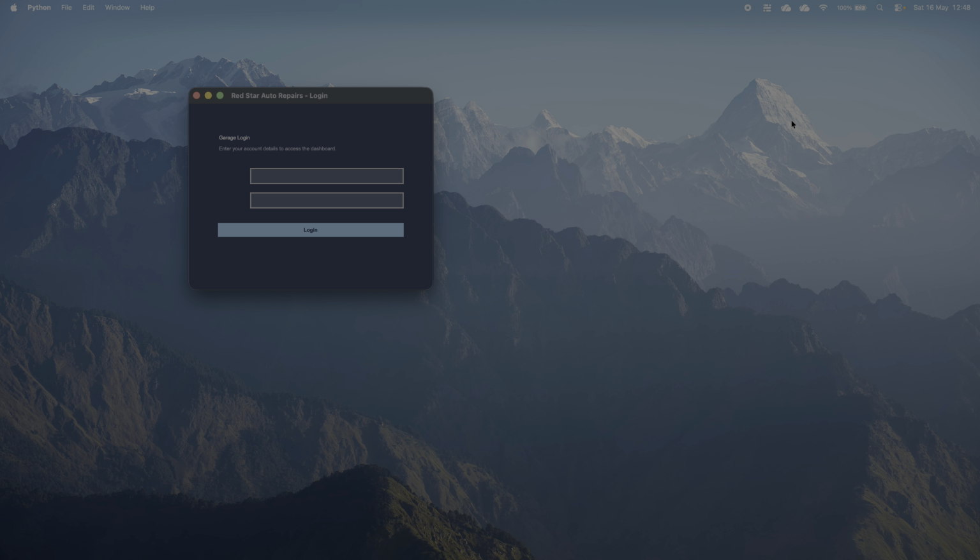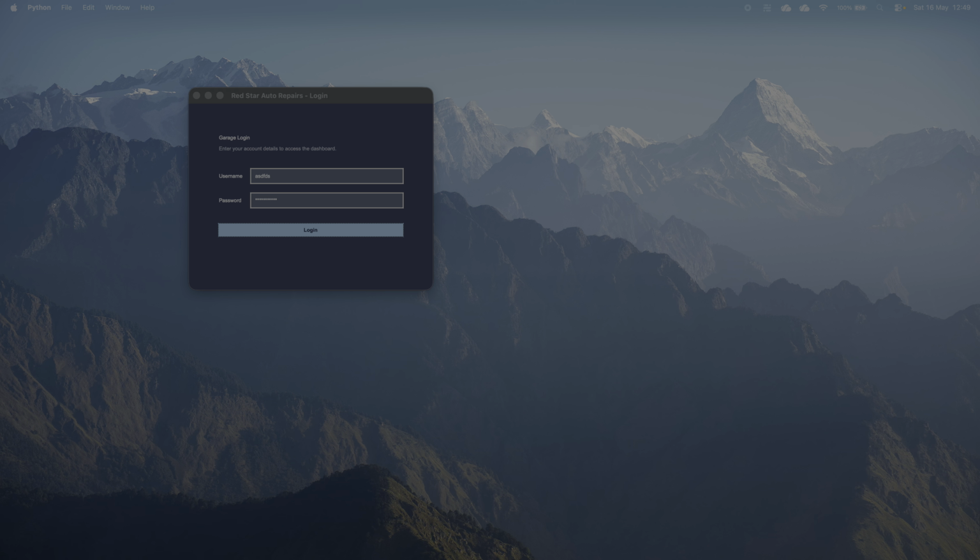I will now log out, and I will now try and log in with invalid user credentials. And I get the invalid username or password. So that fulfills requirement one, where users can log in and log out, and users with invalid login credentials are